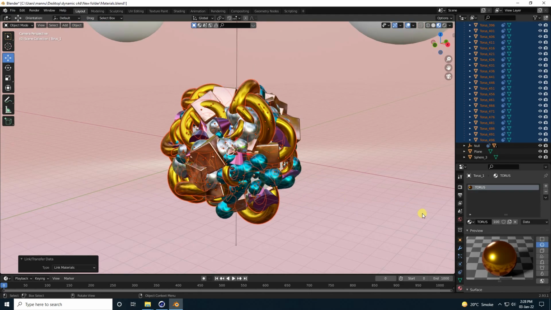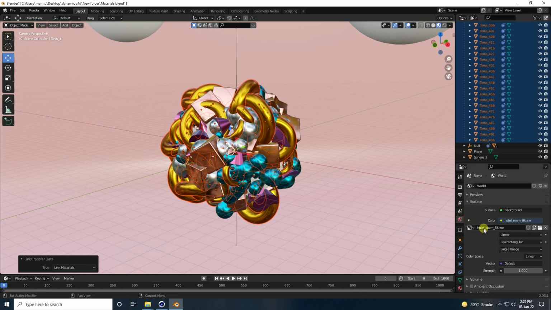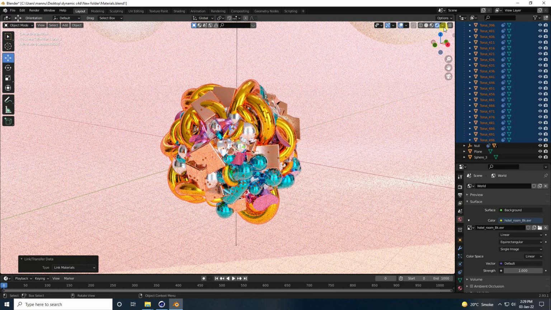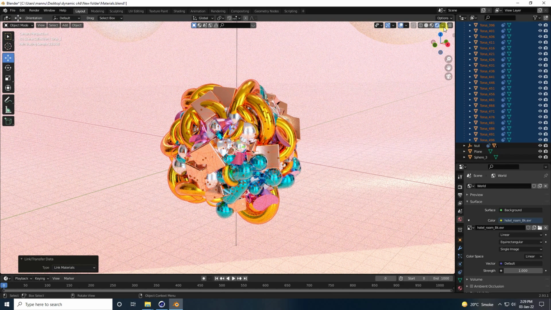Okay, so guys, now you can also apply an HDRI image. So click on here and see guys, that's my HDRI. So I click on here. Yeah, see guys, that's my beautiful material and beautiful shader effect, right? Okay, so guys, now next one and click on here.